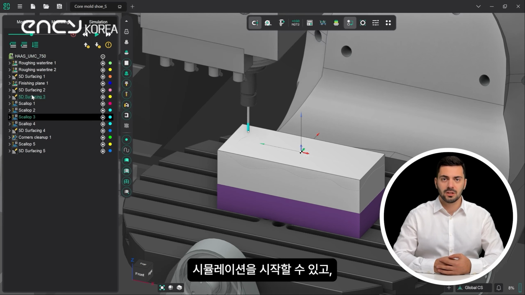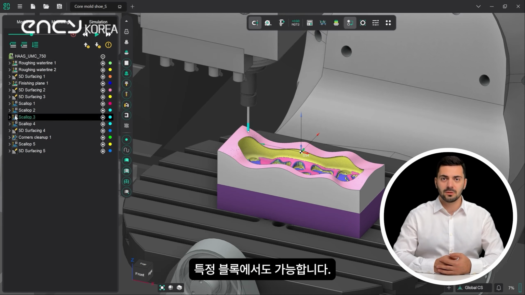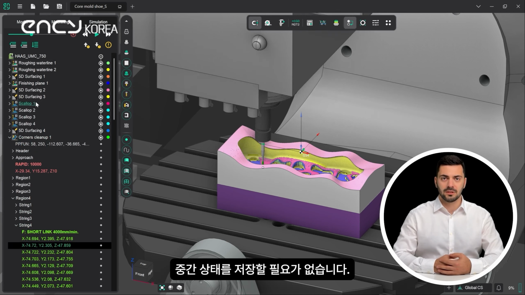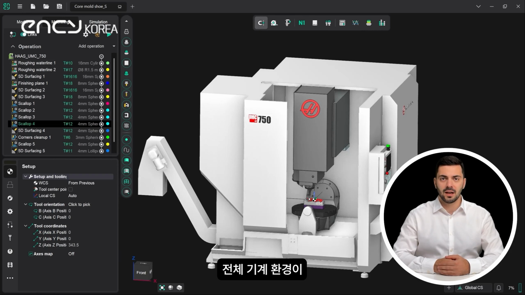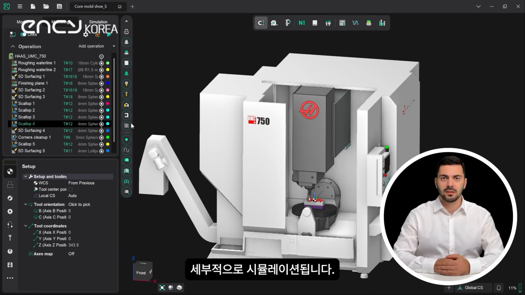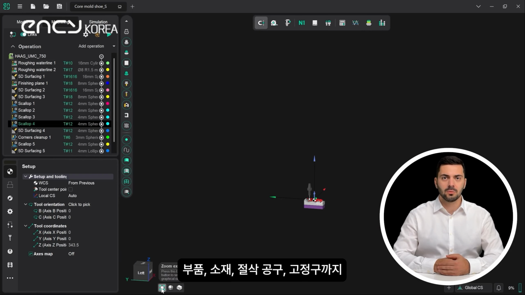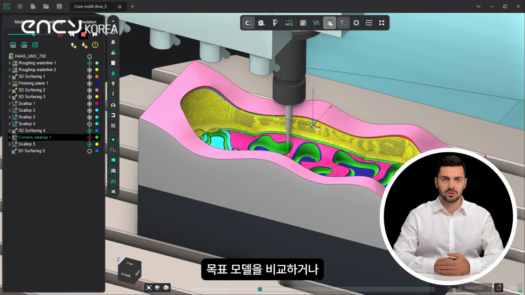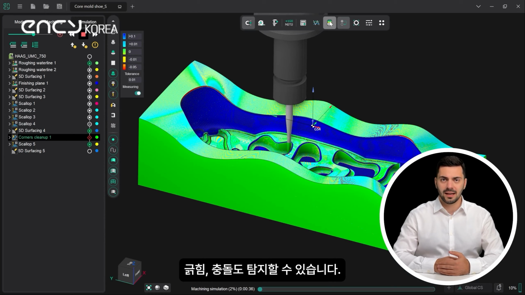Users can start the simulation from any operation or even a specific block, and the stock model updates automatically. No need to save intermediate states. The entire machine environment is simulated in full detail, including the part, stock, cutting tools, and fixtures. Of course, you can customize component colors, adjust visibility, compare the machined part to the target model, and detect gouges